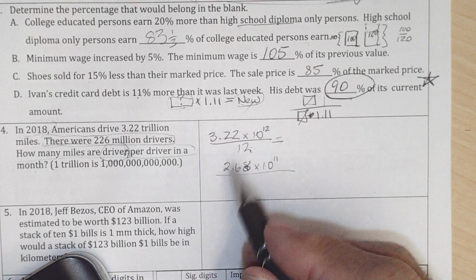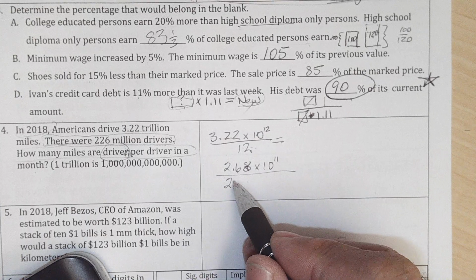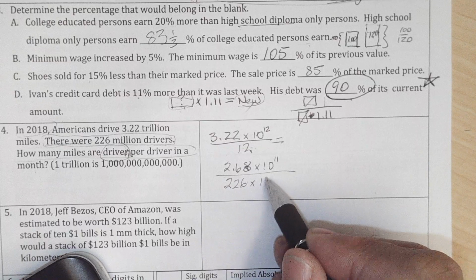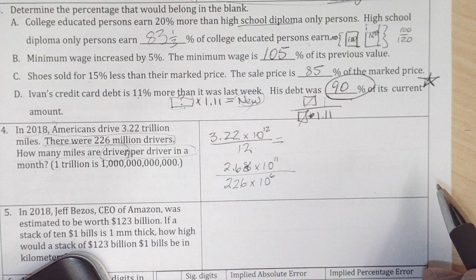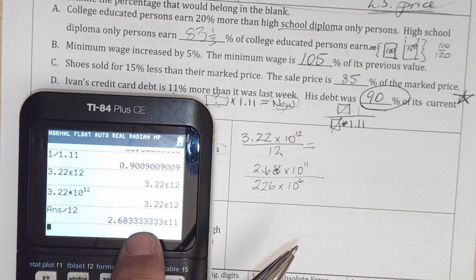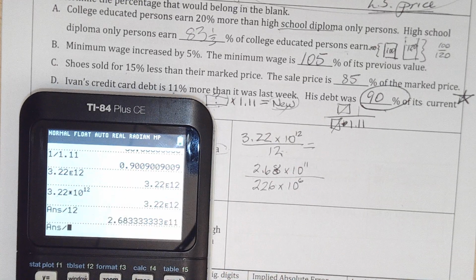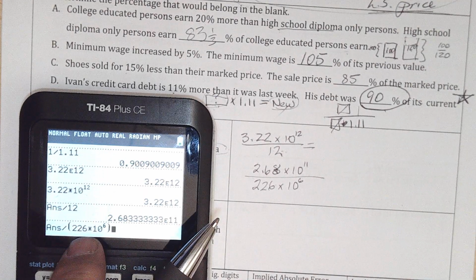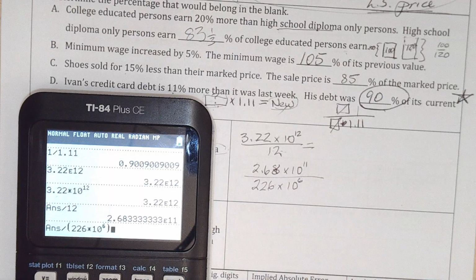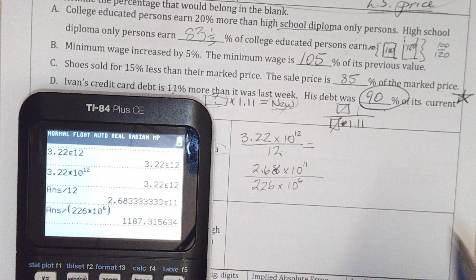So I got to divide by 226 times 10 to the million. That's 10, not 3, which is 1,000, but 6 a million. So now I got to figure that out. I've got my answer in the numerator. I got to divide it by parenthesis 226 times 10 to the 6. Or I could have written 226E6. And it comes out to be